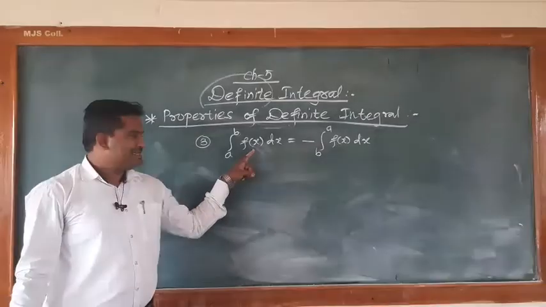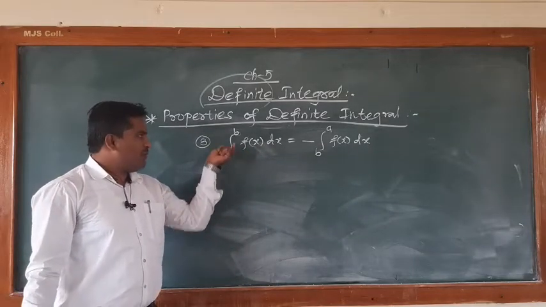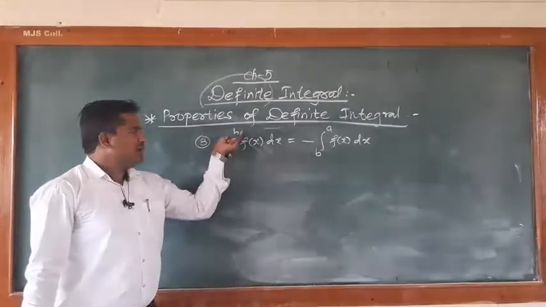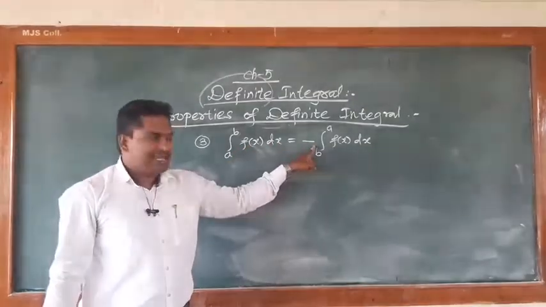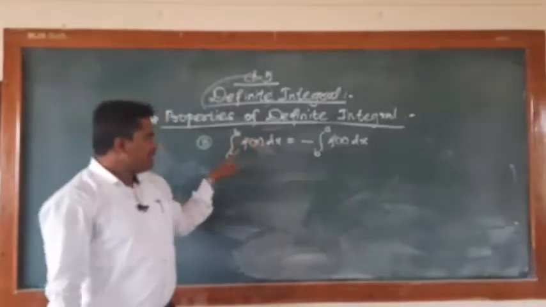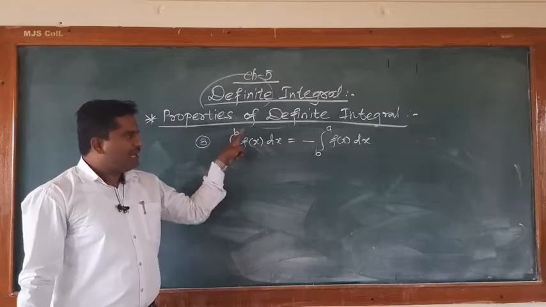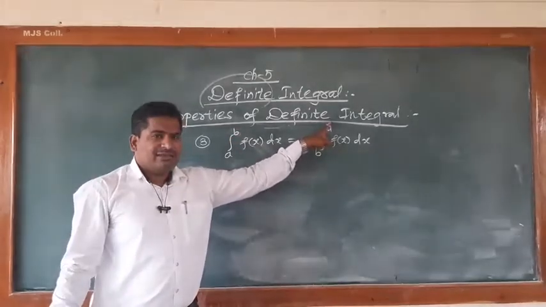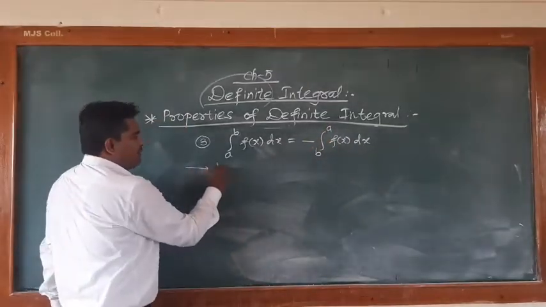This property states that if we change lower bound to upper bound, there is a change in sign of the definite integral. That means here the lower bound is a, upper bound is b. In RHS, lower bound is b and upper bound is a, due to which there is a minus. Similarly, we have